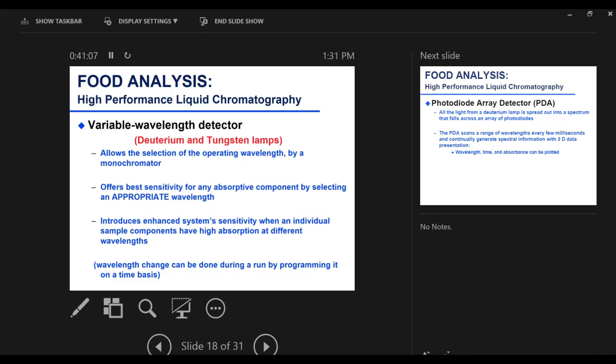It's called variable because you can actually choose a wavelength to measure at. It allows the selection of a particular wavelength of choice, based on your knowledge of which wavelength will give you maximum absorption. So lambda max means the wavelength at which you get maximum absorption. If you know that about your compound, you can select that wavelength